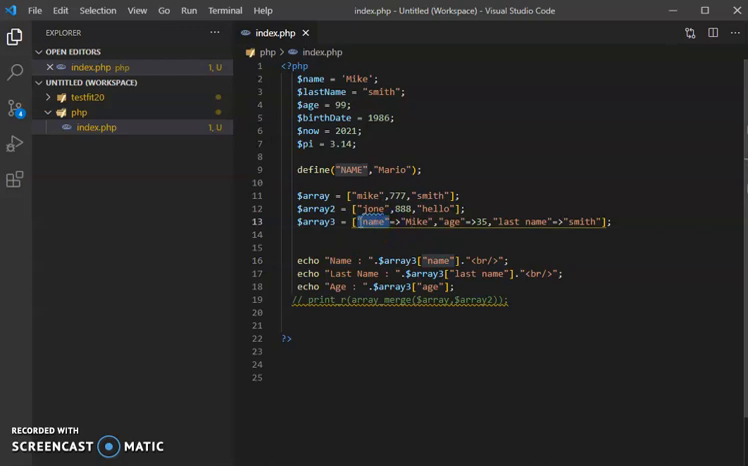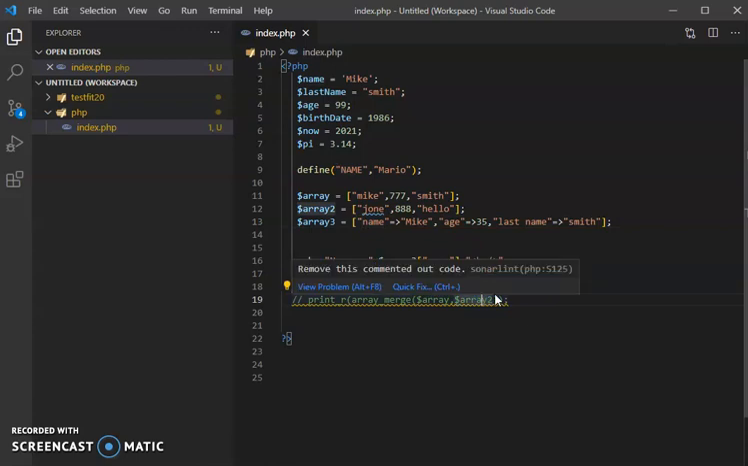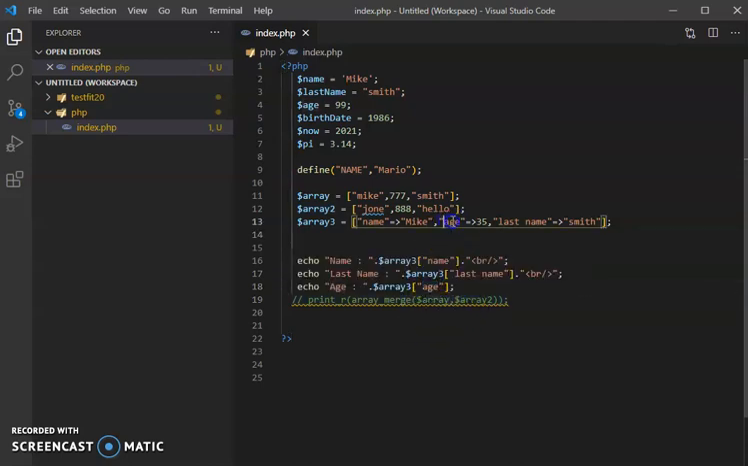So to access Mike, I need to use name inside the square brackets, and to access last name I need to put it here, and to access age I need to put age here, the key. It's not the word age, it's the key. Whatever the key is here, I need to put it inside the array square brackets. So this is everything for this video about associative arrays,